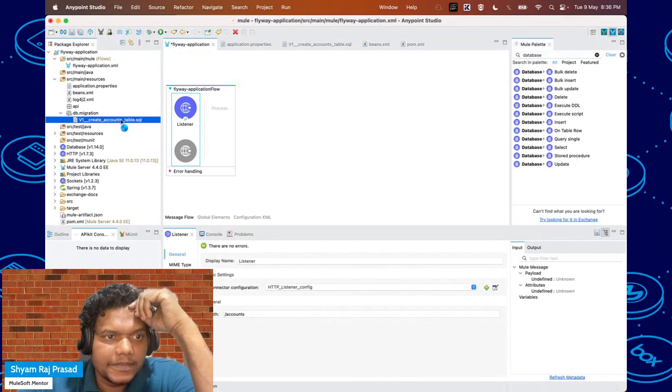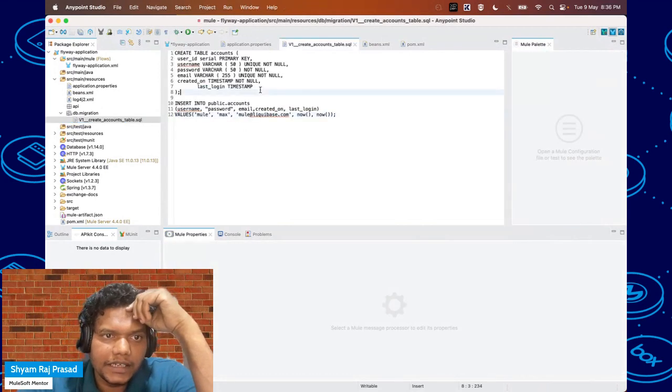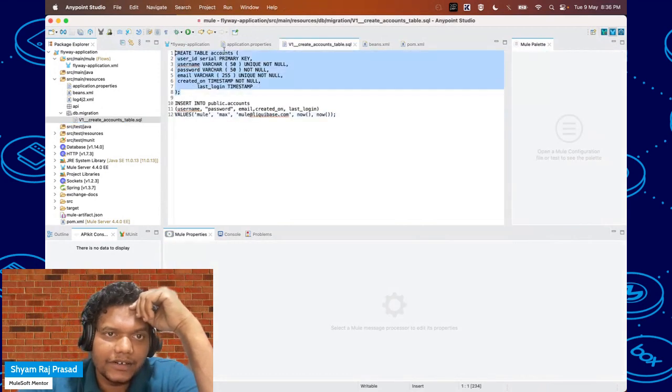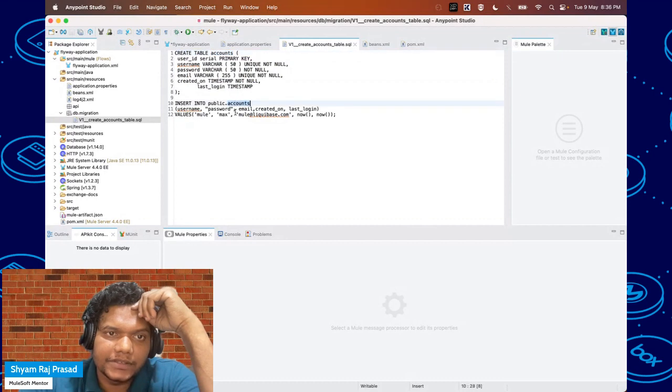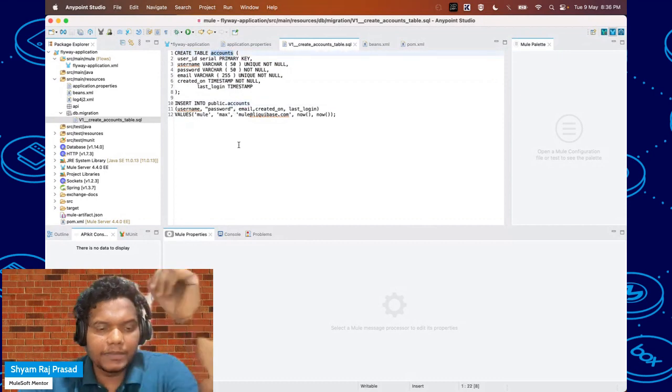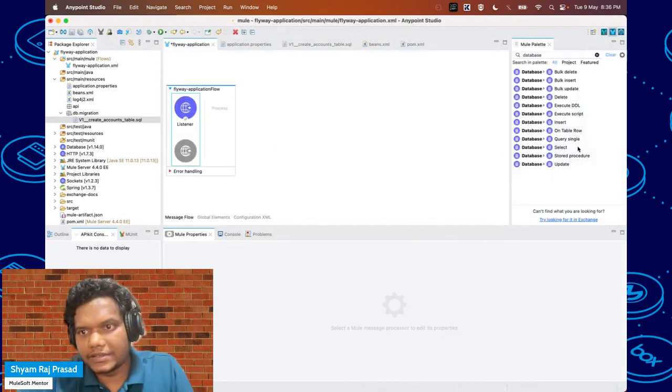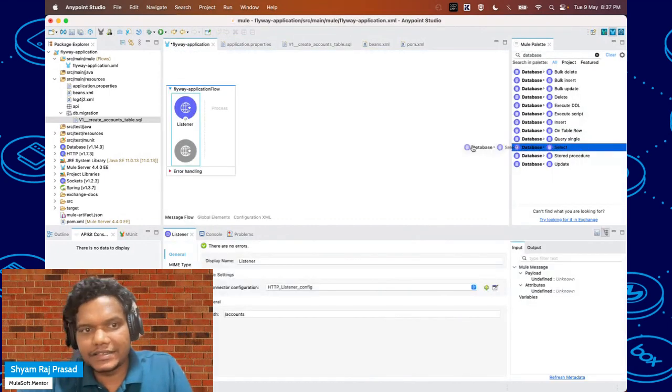So in the script, what I am doing, I will be creating a script called accounts, and here you can see I'm creating an accounts table, and then we are adding some records into that accounts table. So I'll be reading some data from this accounts table. So I will just add select,